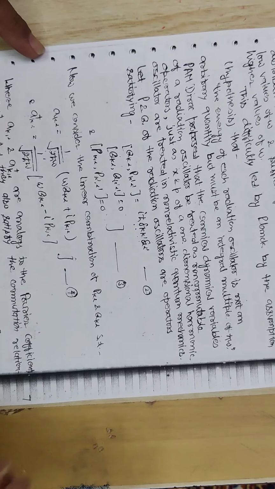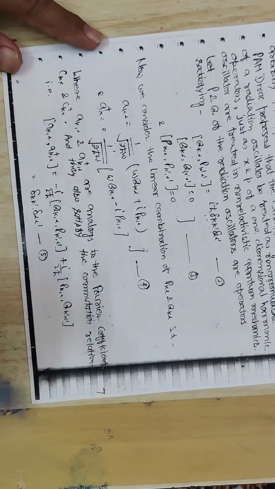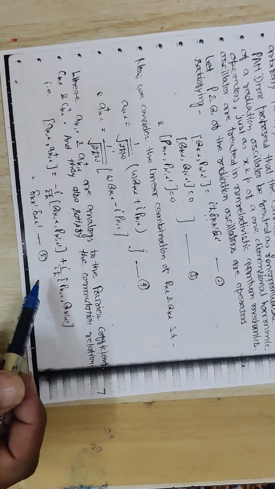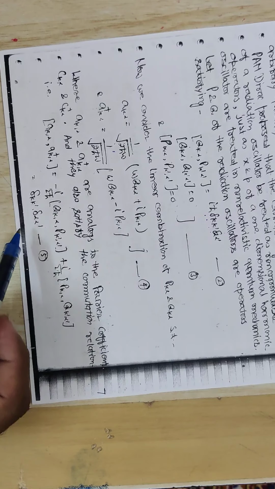That is, [A, A dagger] equals minus iota over twice h cross qp plus iota upon twice h cross pq, that equals delta